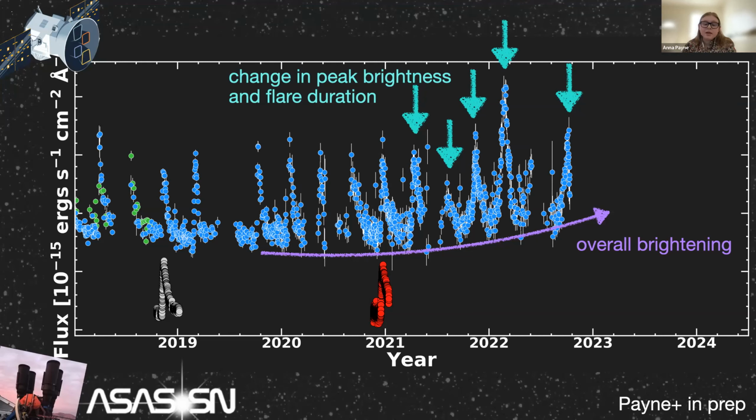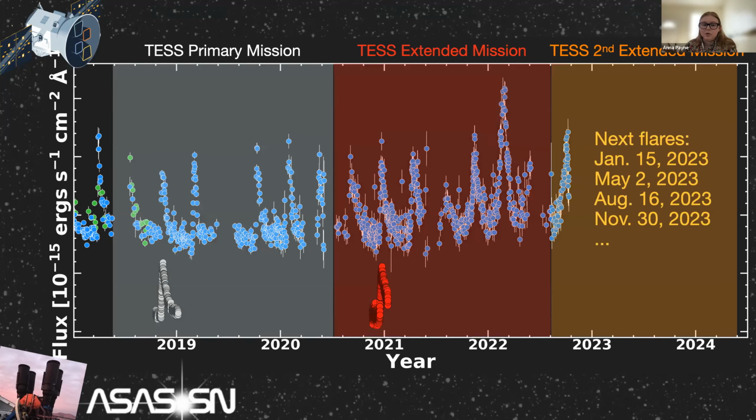So in thinking about it as a TDE, seeing higher luminosity would indicate more mass is being stripped off. But this is something we have to just keep an eye on and see how it continues to evolve. So again, where does this leave us? Unfortunately, when I check the TESS viewing tool, it will not be observed in year 5. So hopefully during another Southern Hemisphere scan, we'll get lucky again.